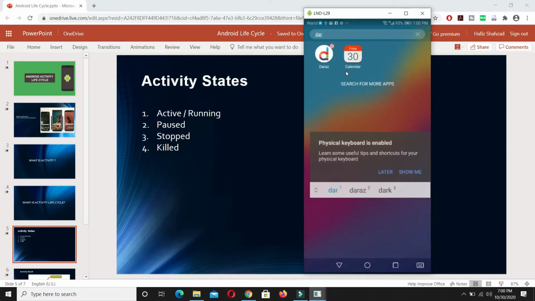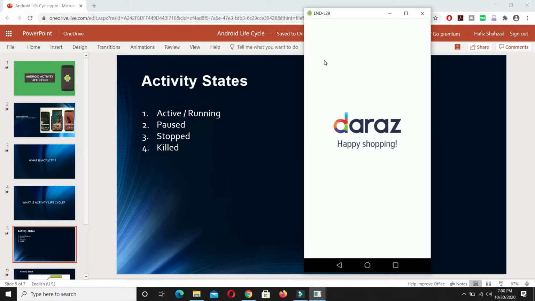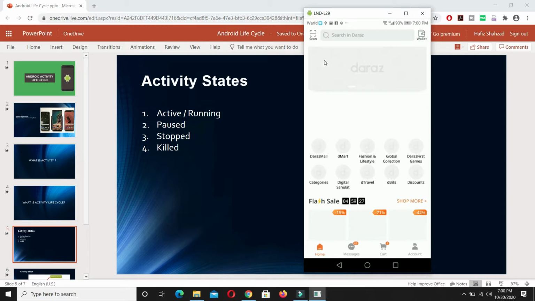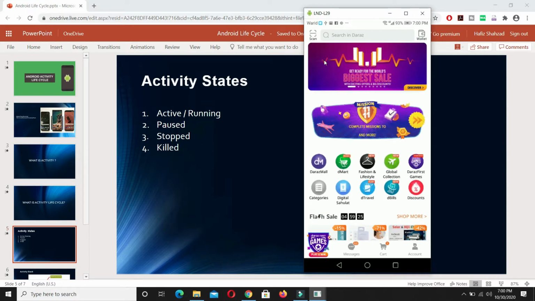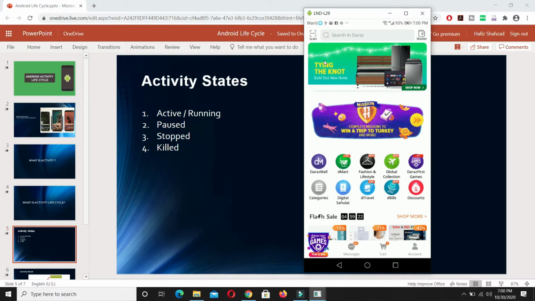Initially I have not launched my application, so it is in the inactive or killed state. When I click to launch it, now my application is active and in the running state. I can interact with it and I can use it.